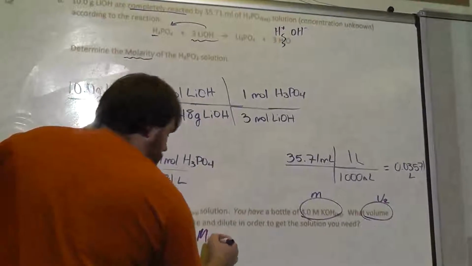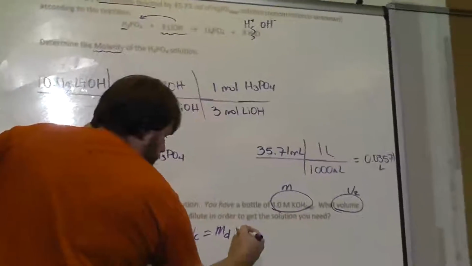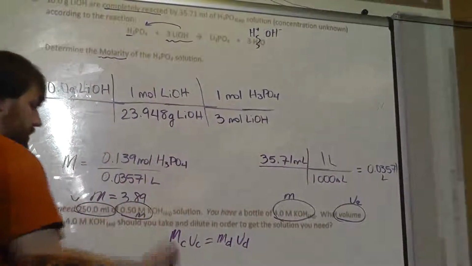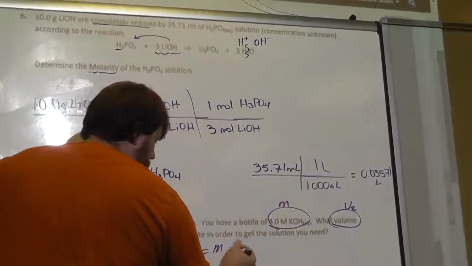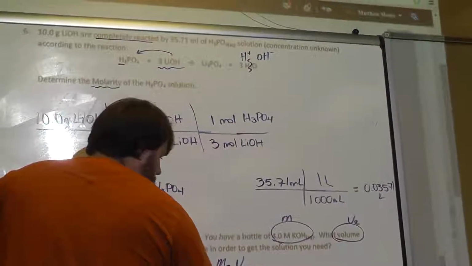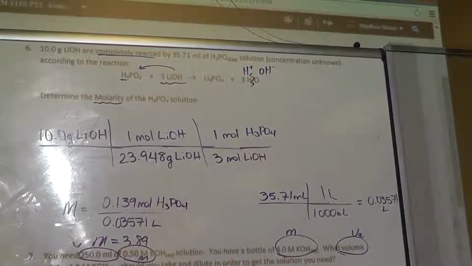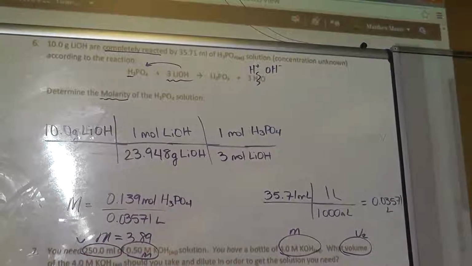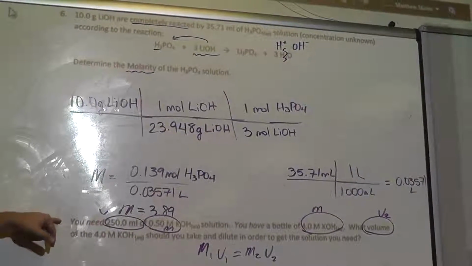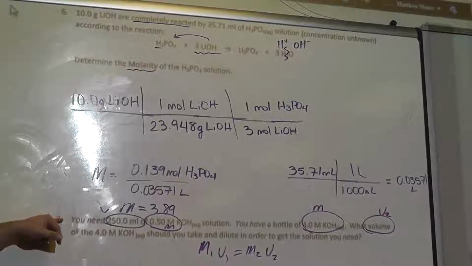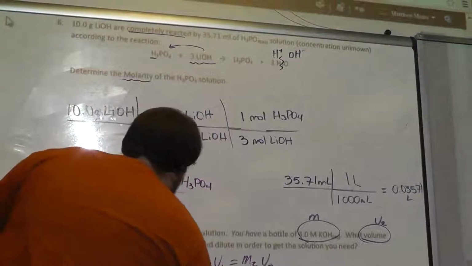It's your equation. I think that's the one he loves to use. I don't know why there's letters in there. I just use M1, V1, M2, V2. So this is the molarity and the volume you're starting with. You do not have to change the units of volume as long as he didn't specifically ask for something. He didn't specifically ask for the liters volume that's remaining. So it's okay to use milliliters because the volume you're going to end up with will be milliliters. If we just plug everything in,